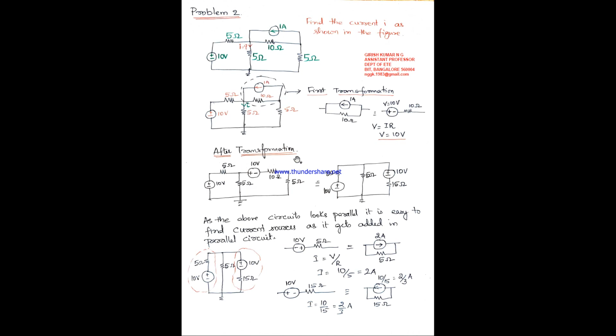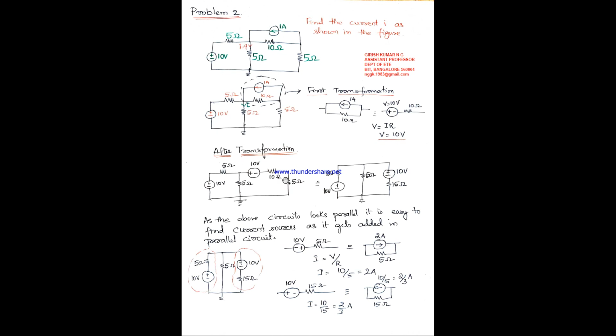Now your question, I think the student might ask me, what would be the polarity of the voltage source? Where should I write plus, and in which direction should I write minus? See the arrow mark of the current source, it is flowing towards left, right? Therefore, the top of the arrow should be plus, bottom of the arrow should be minus. Okay, so plus minus, that's it. So it is going towards left, so you also take plus towards left and minus towards right. That is how you put the polarity for the voltage source.